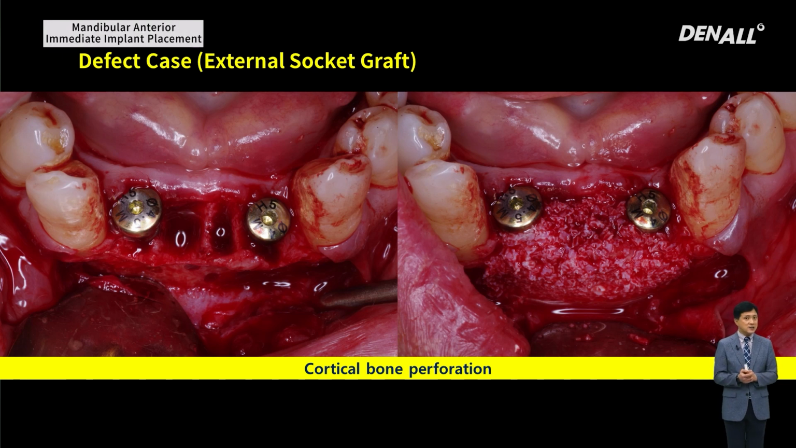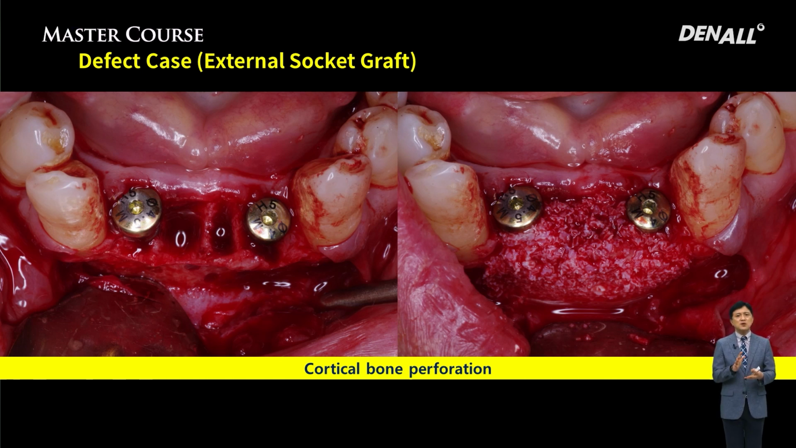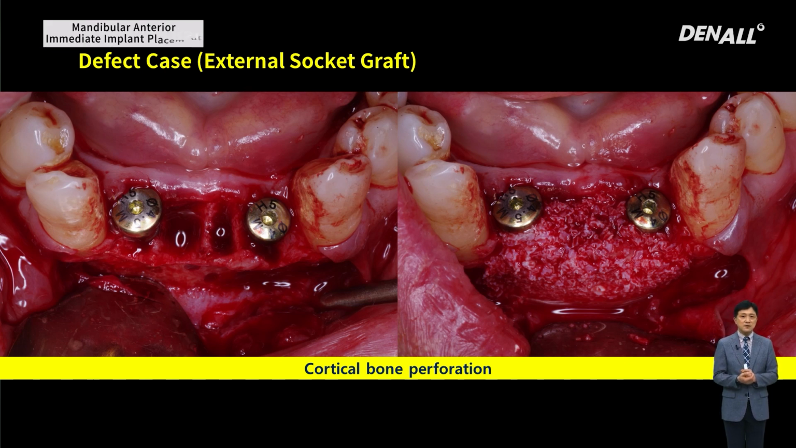Cortical bone perforation should be done for external socket graft. For immediate implant placement, this is not necessary for the posterior region. However, in the anterior mandible, cortical bone is very thick, so if you want to do external socket graft, the graft material can be resorbed because of a problem in the blood supply. So, for anterior mandibular immediate implant after extraction with external socket graft, you need to do the cortical bone perforation